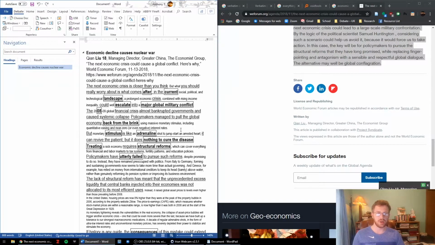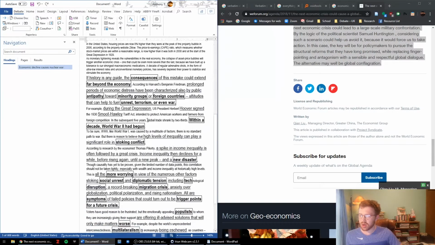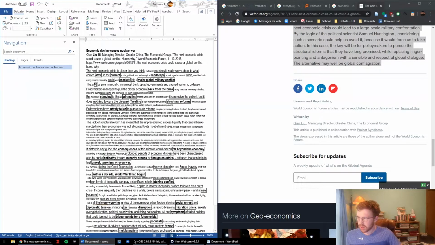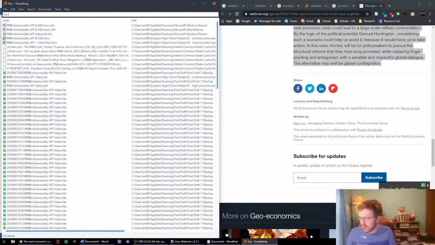Now that we've talked about how to use verbatim for formatting, let's get into how you can use verbatim to streamline your actual debating. So, you've probably heard of verbatim's functionality for assembling speech docs. At the most basic level, this works like this. So let's say